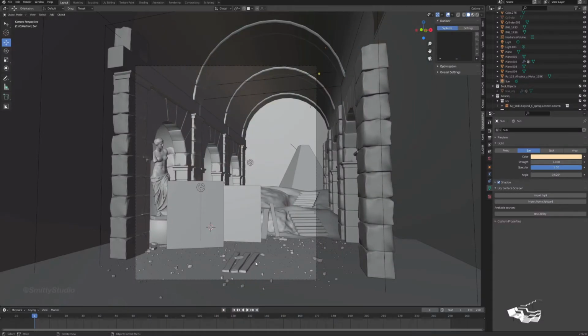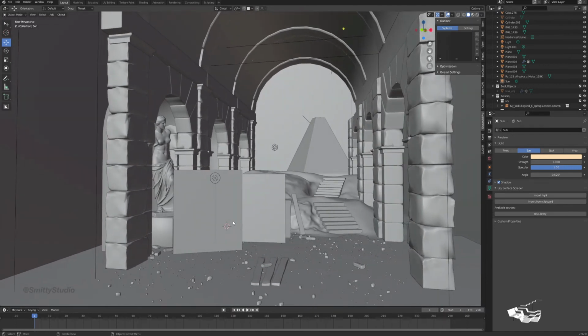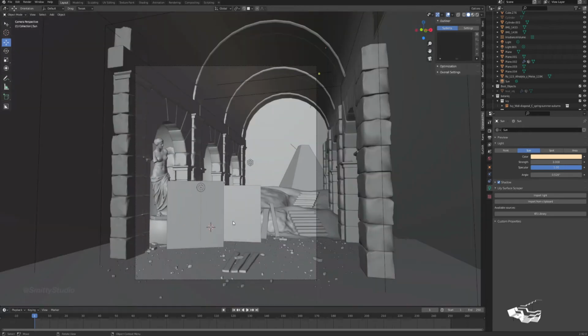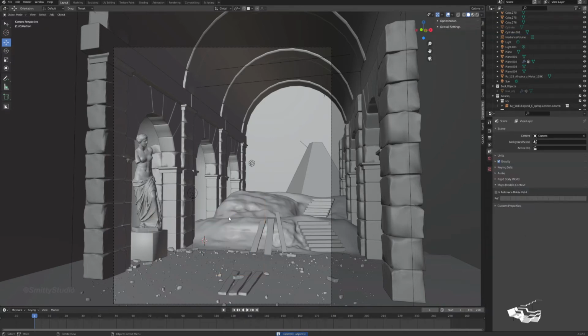But the first step of all this was to create a 3D scene. And so here I am in Blender, which is a free software that you should all check out if you have the time. What I'm showing here is this 3D modeled space, and I have specific components, some with more detail than others. But I modeled the scene as I needed to in order to get this perspective here. So this is roughly the perspective that I had when I was getting the idea of how I wanted to